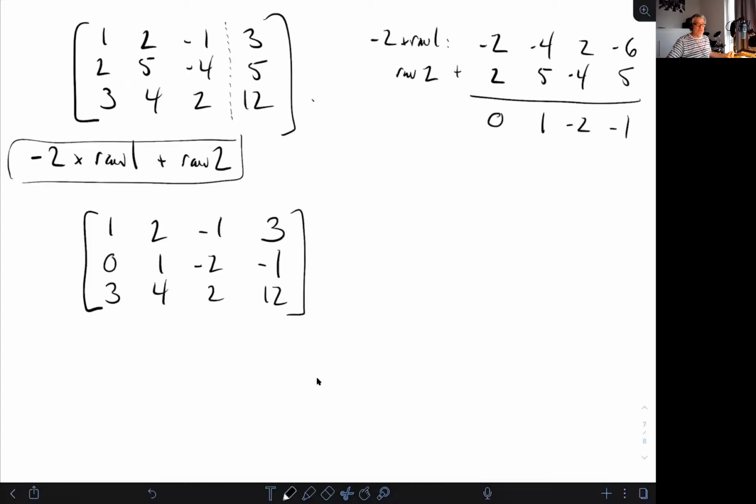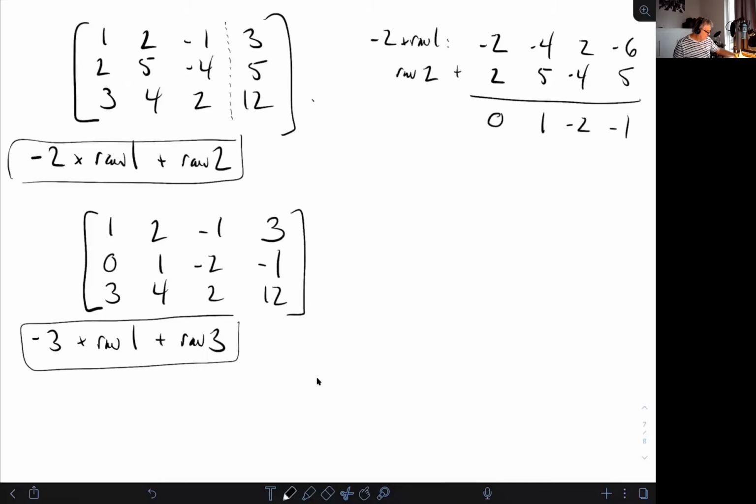Now I'm going to do the same procedure to get rid of that 3. So what do I need? I need to add -3 times row 1 to row 3. This is the operation that I'm doing. Okay, so I'm just going to write this here. Once you start doing a lot of these, which is not the case right now because we're not doing very long on this, but if